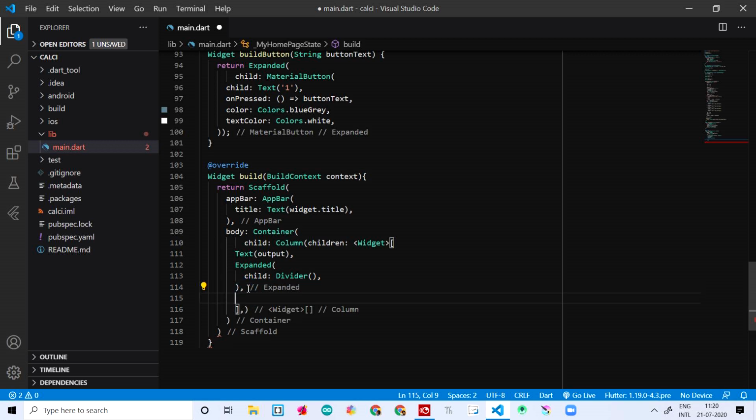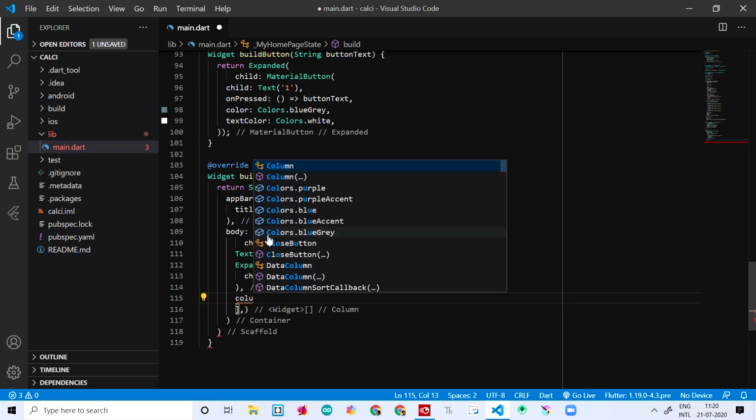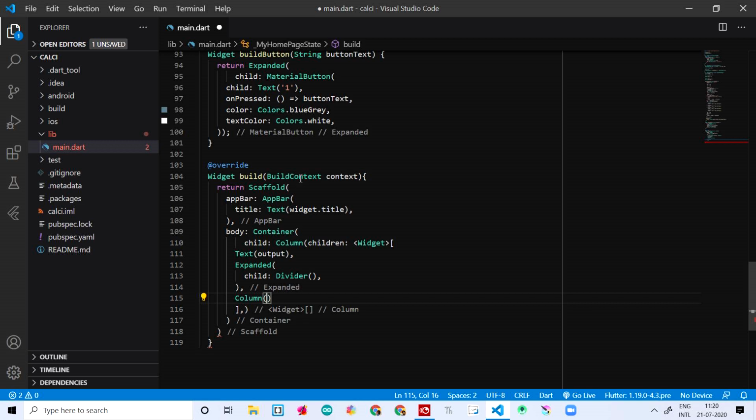It's not in the Expanded but inside the body. So I'm writing down Column like this, and then setting the children to